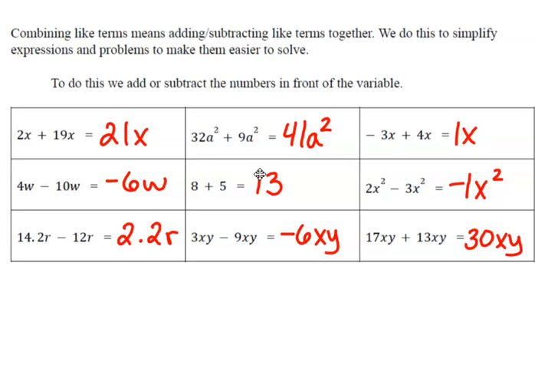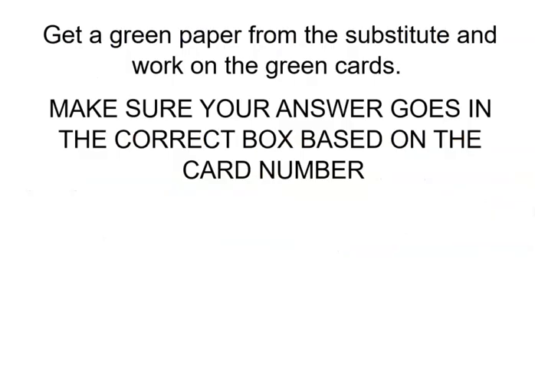So what I'm asking you to do now, we will circle back to the third item that's on this note page. But for today, I want you to get a green paper from the substitute and work on the green cards that should be on the table. Make sure your answer goes in the correct box based on the card number. Every card you pick up will tell you it's card number blank. So say you pick up card number 10, you want to make sure your answer goes in box 10 on